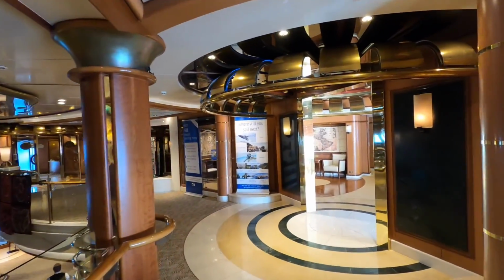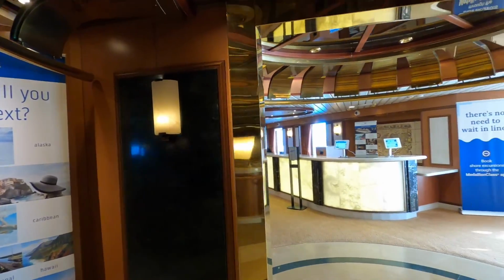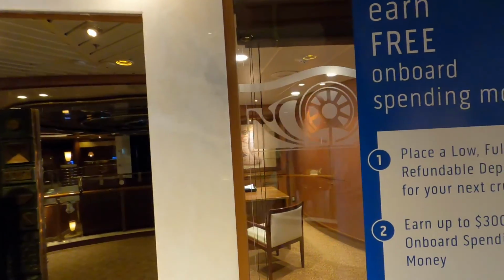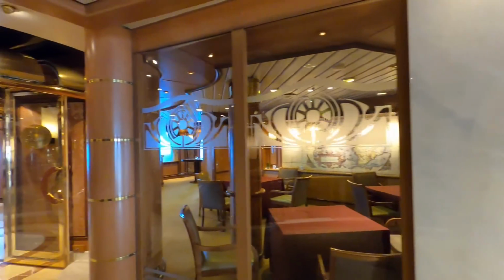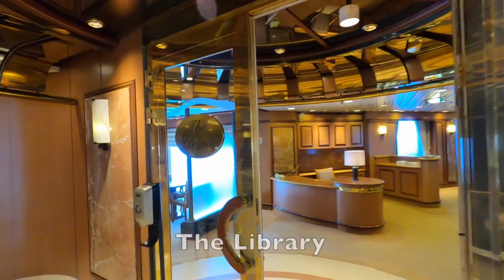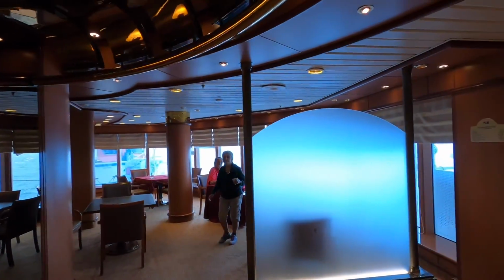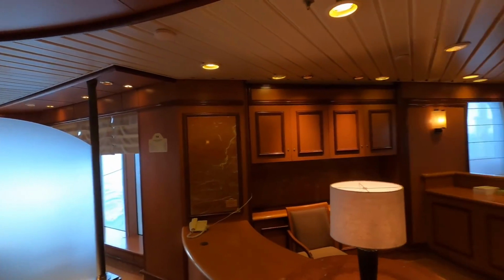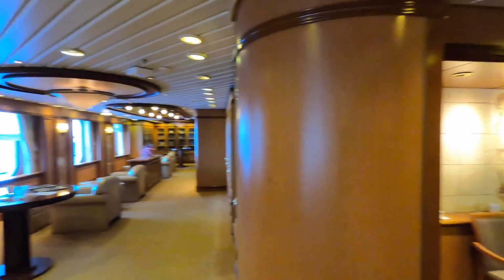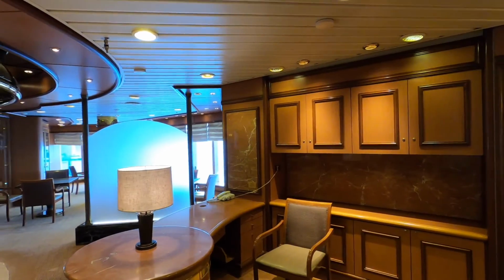So we're on deck 8 on the aft side of the Centrum, which is your shore excursion and your follow-on cruise office right through there. So if you want to book another cruise, you're definitely welcome to. Now this is deck 8 aft of the Centrum, which is fantastic. You have 4 tables there, 3 tables here, ocean view on the other 4, a little desk there,